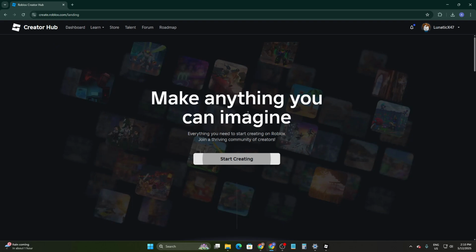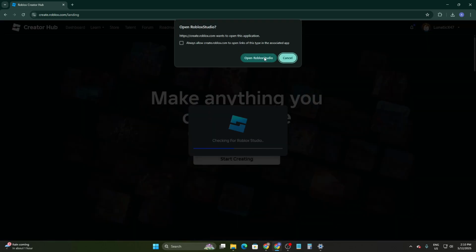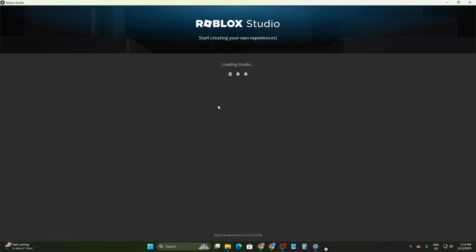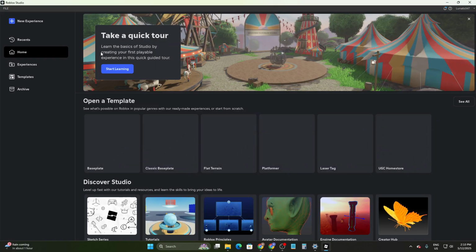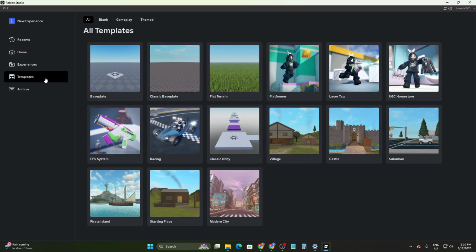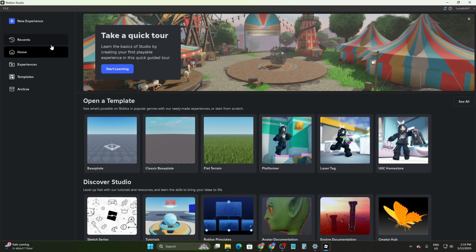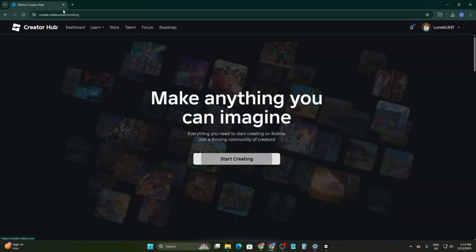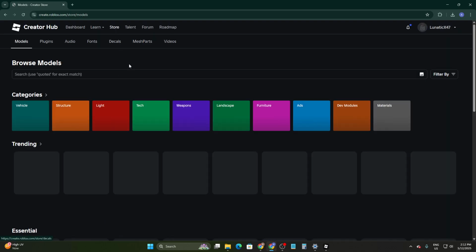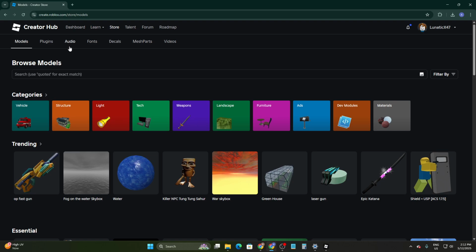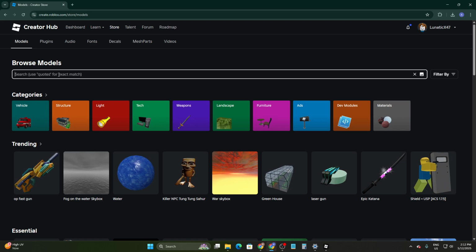Now you have to go to the marketplace, so open the studio and let me show you where to find it. Go to your browser and get back to the Roblox Creator Hub, where you can find the store. Simply click on store and search. Here is the browse model section where you can browse for models. So I'm going to search for item buyer